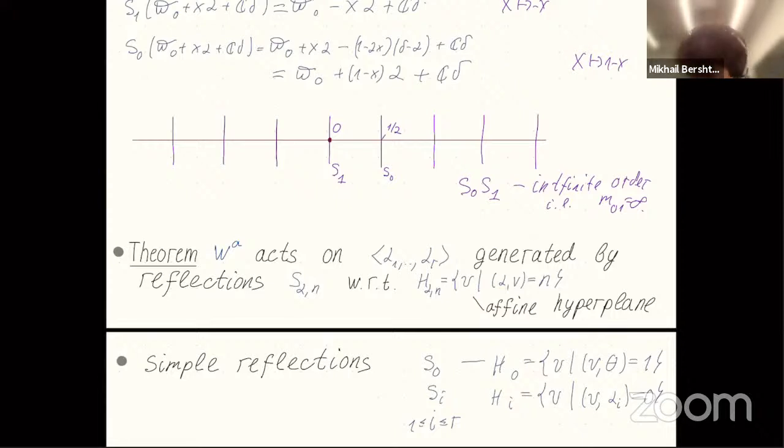Maybe I should add that it is sufficient to consider roots to be positive, and n an integer. Because if I take alpha to minus alpha, it is the same as changing n to minus n. Of course, this is a standard fact that the reflections for positive and negative roots have the same orthogonal hyperplane, so it is sufficient to consider affine positive roots. And this is the affine positive roots, but without the imaginary ones.